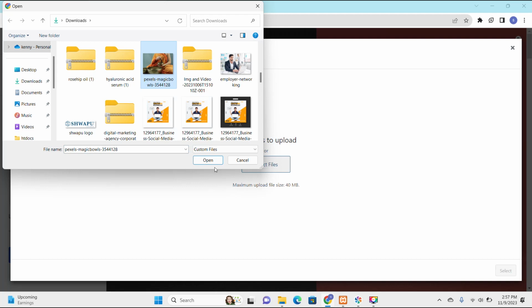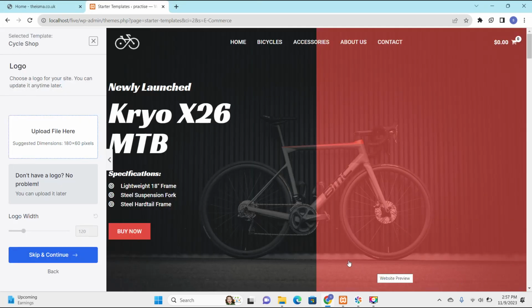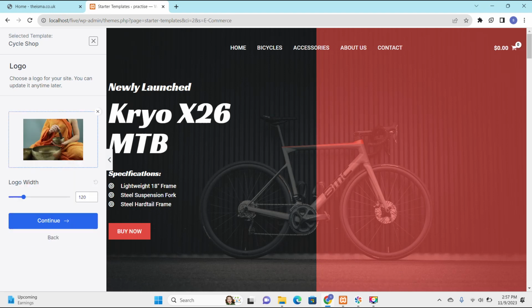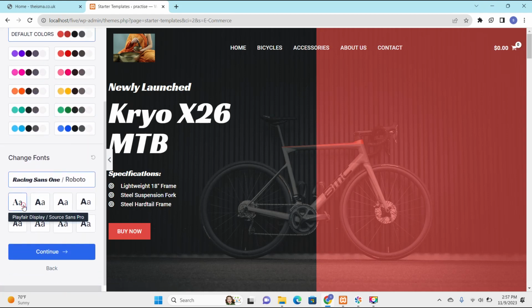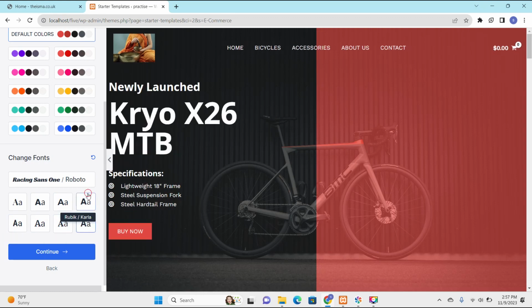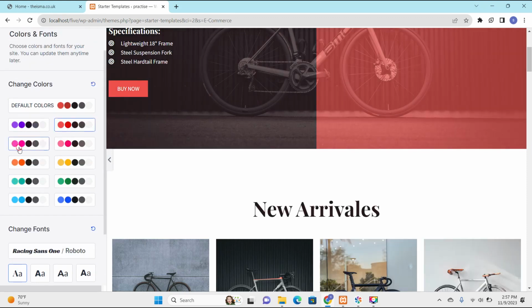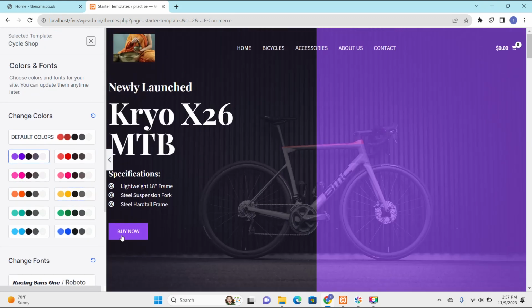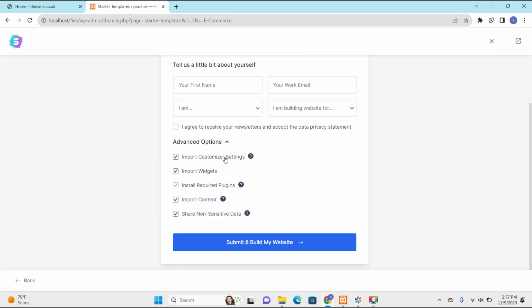Okay, just for example, select, then click here. You can continue. You can change the colors. You can change the fonts, font family. You can change the default color. Continue, and then